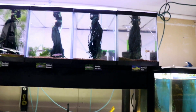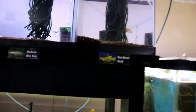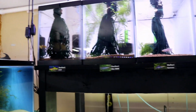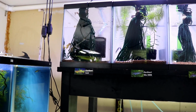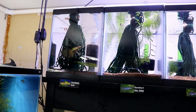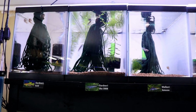And so to give you an example, you look up here, these are all 5.5 gallon tanks, and you can see that I've put stickers on all of these so she can quickly find where these are at. I've taken quite a few of the killifish that I had multiple pairs and put each pair in a separate tank now. And another thing I'm working on is the person that was breeding these all these different Gardner eyes that I have,